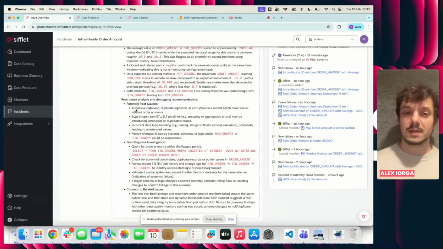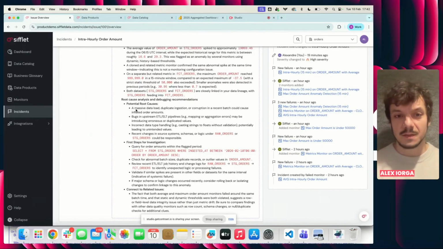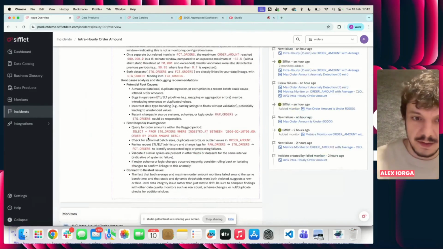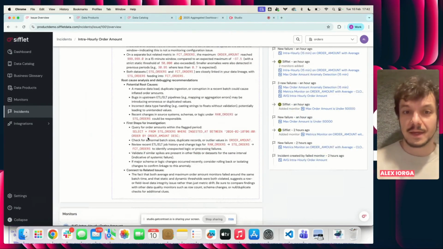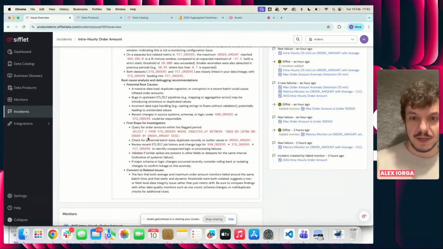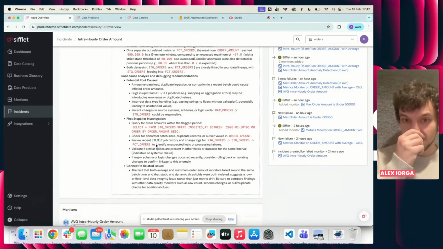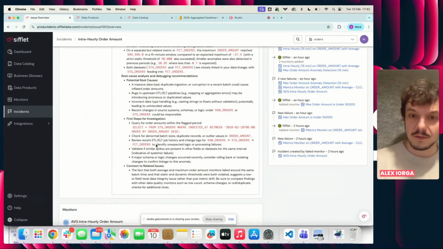So highlighting what steps I should investigate, what the likely causes for this anomaly are, and where I should go from here. And even giving me the first steps of the investigation, so writing a SQL query so I can find out exactly which transactions in that time frame I should investigate that might have been the cause for this anomaly, pointing me to review recent ETL jobs and look at the logs for the tables that it saw through the lineage